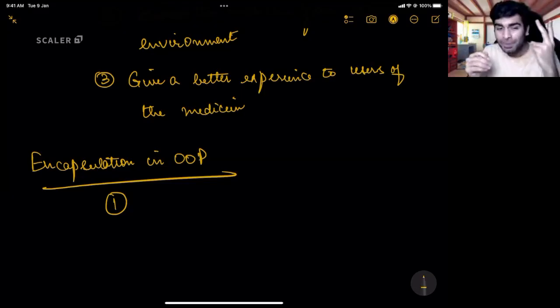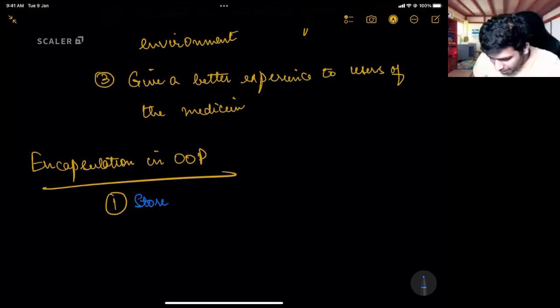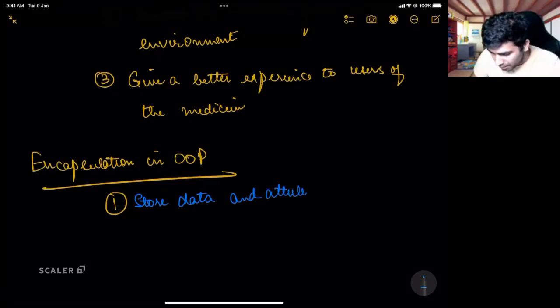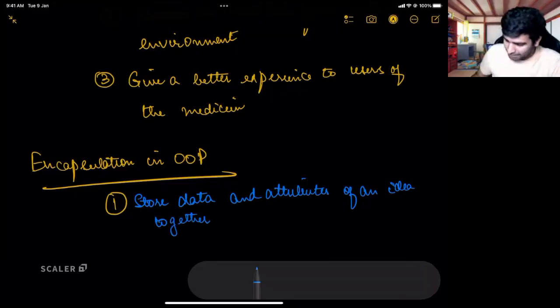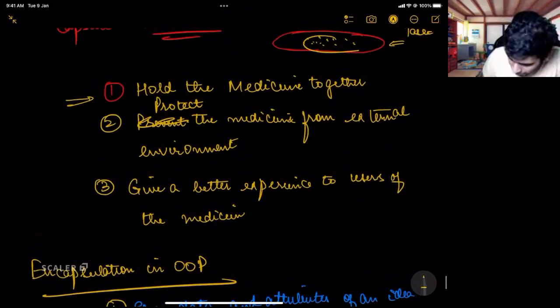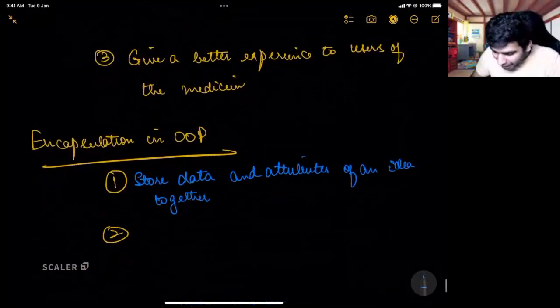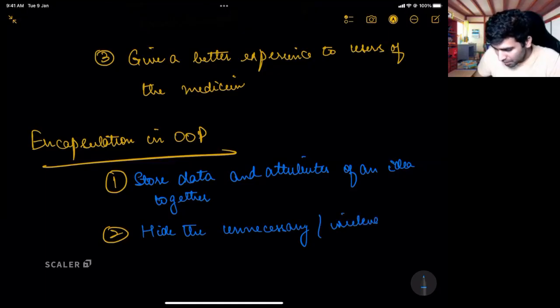Data and behavior. So encapsulation in object-oriented programming allows you to store data and attributes of an idea together. Perfect. Second, protect the medicine from outside environment. You hide the unnecessary or irrelevant details